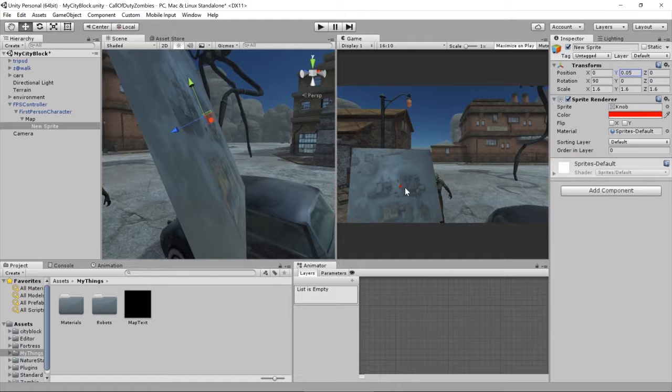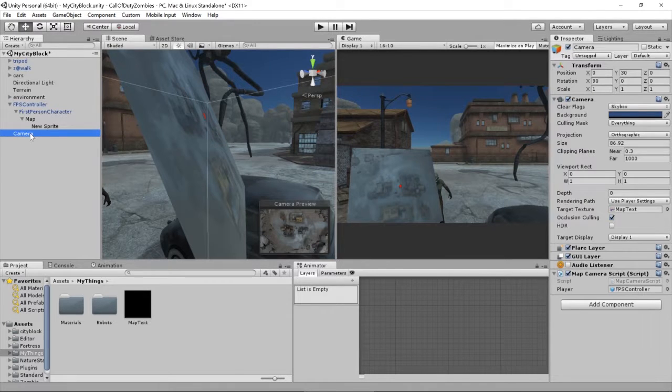And now this little red dot is centered right on the center of the map itself, and because our camera is centered directly over us, the red dot won't technically move, but the camera will. So the red dot symbolizes where our player is in the map. So if we hit play,